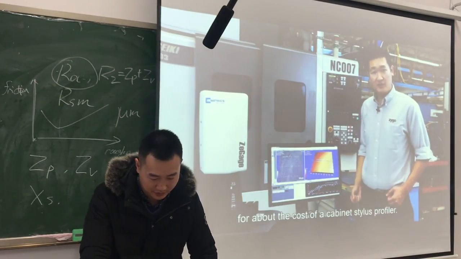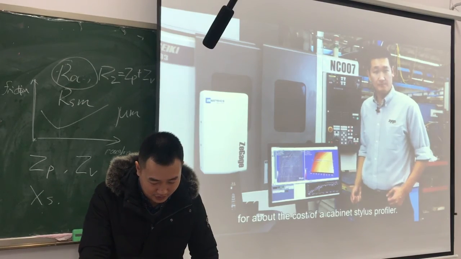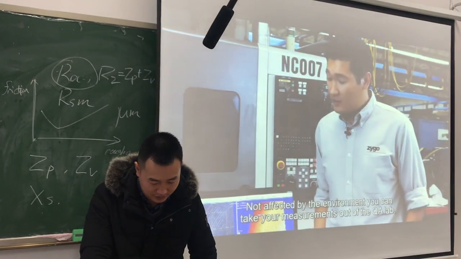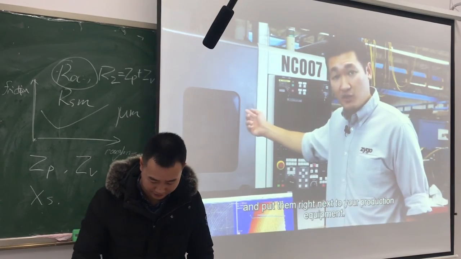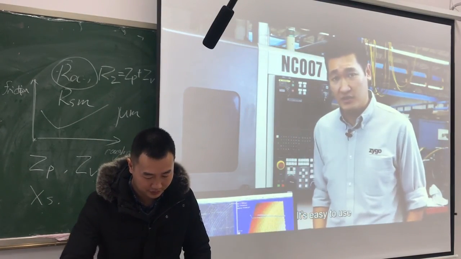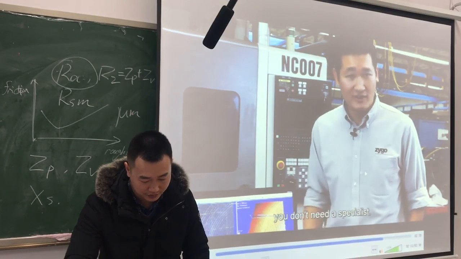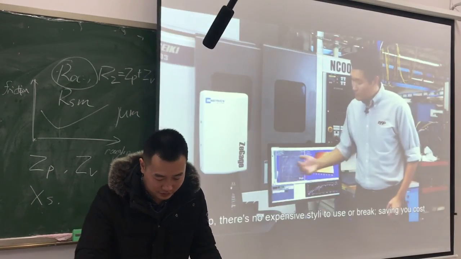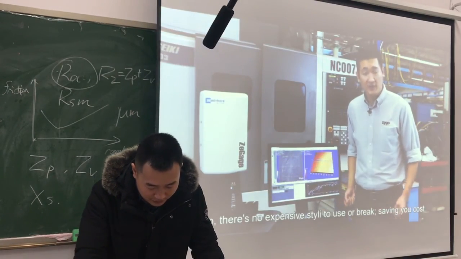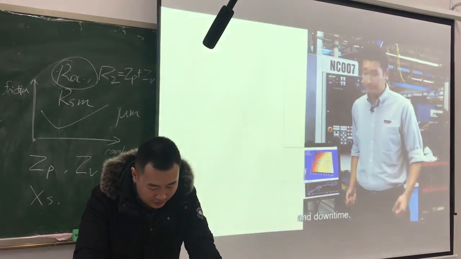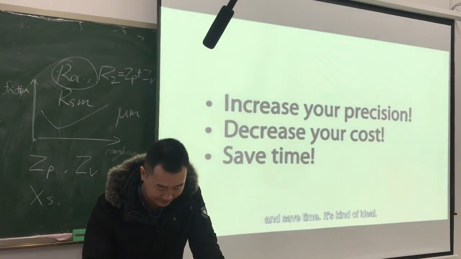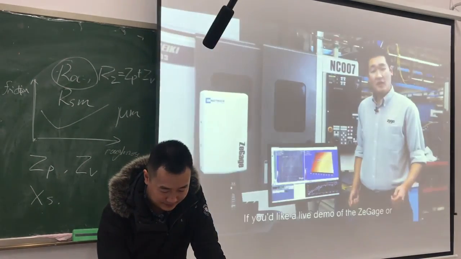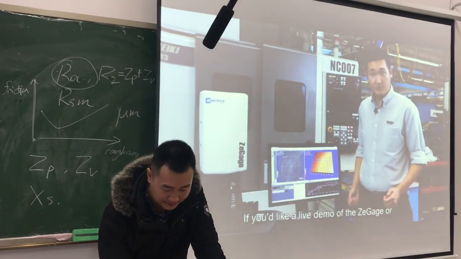At about the cost of a benchtop stylus profiler. Not affected by the environment. You can take your measurements out of the QA lab and put them right next to your production equipment. It's easy to use, anyone can do it, and you don't need a specialist. Also, there's no expensive stylus to use up or break, saving your costs and downtime. Increase your precision, decrease your cost, and save time. If you'd like to see a live demo of the Z-Gauge or any of the other Zygo